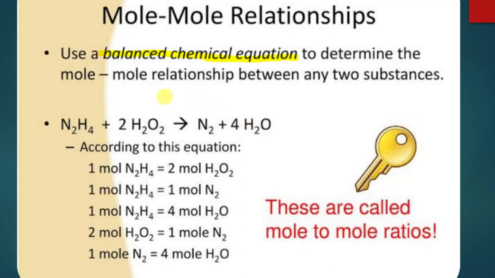So here, in the mole-mole relationship, first thing is you have to balance the given chemical equation. Once you balance the chemical equation, you can find easily the moles relationship, meaning how many moles of reactants are needed to give how many moles of product. Suppose we make one unknown, suppose I write X for H2O2, we can find out the value of X also, because of getting a certain relationship between reactants and products.